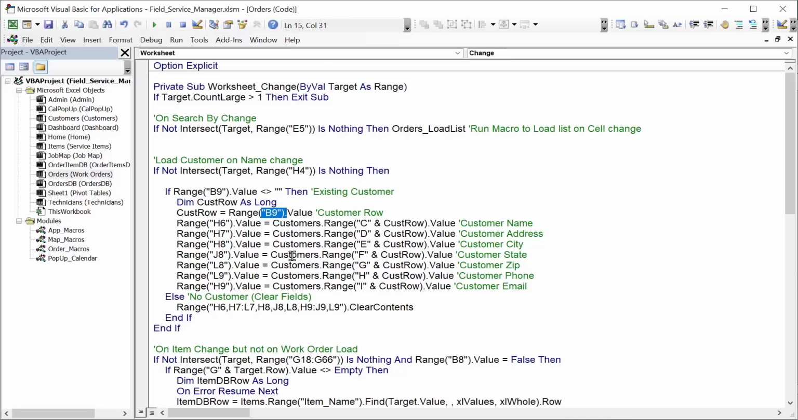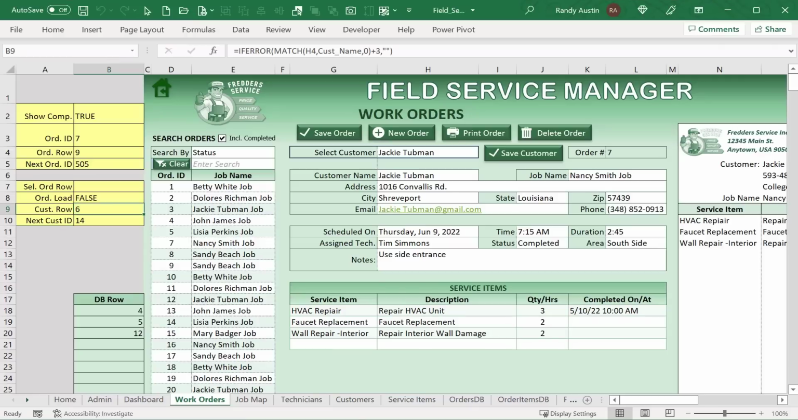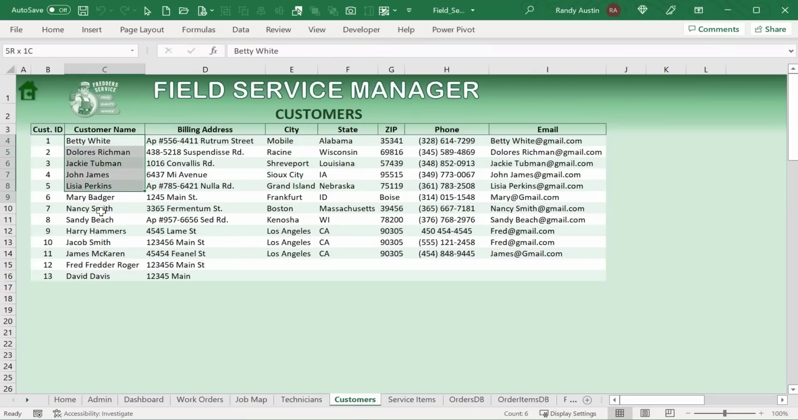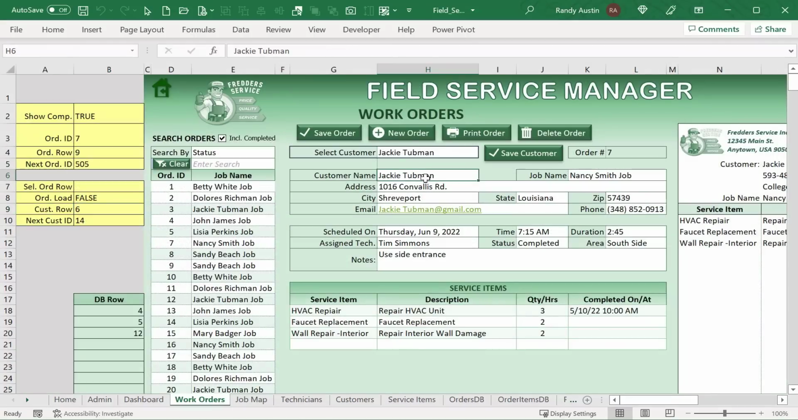We're going to get that from B9. We know the customer row is in B9, and then all we need to do is fill the fields accordingly. Basically, all we're going to do is take the information directly from the database in column C or D or E or F and so on, and place it directly inside the work order located here in